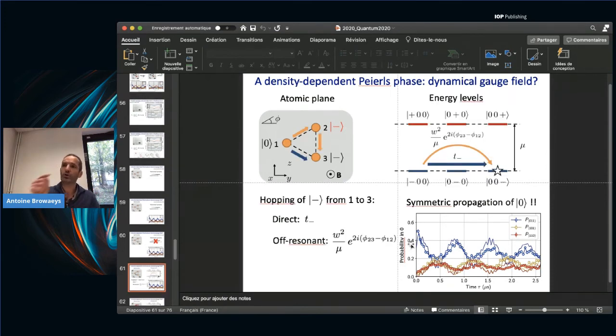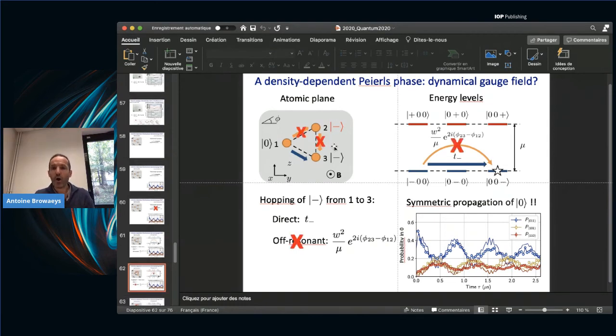The problem is that we should go back to the underlying mechanism that leads to the complex hopping. Essentially, there is an off-resonant process going from 1 to 2 with a spin flip. But here, this spin flip is impossible because the second atom is already excited in state minus, and therefore the 0 cannot transform into a plus excitation, because this second atom already carries an excitation. This is a consequence of a hardcore constraint, if you wish.